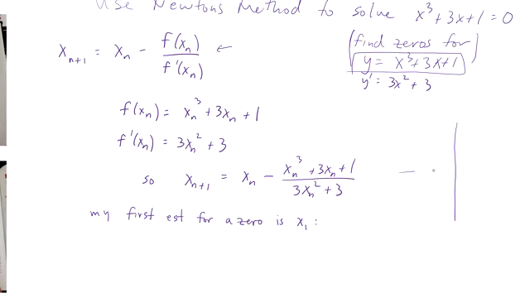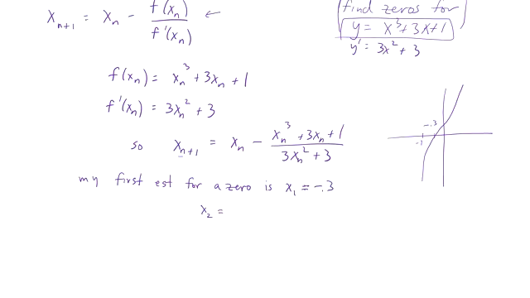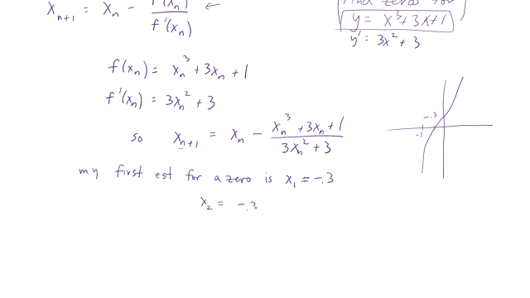If you actually graph this on your calculator, it looks something sort of like this, where this is -1. So that looks like about -0.3. Let's do x sub 1 equals -0.3. So if n is 1, this is x sub 2 equals -0.3 minus (-0.3 cubed plus 3 times -0.3 plus 1)